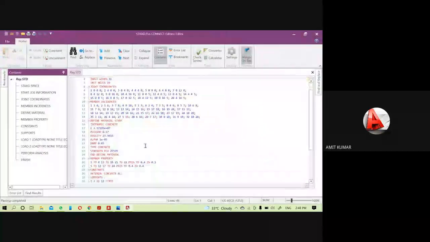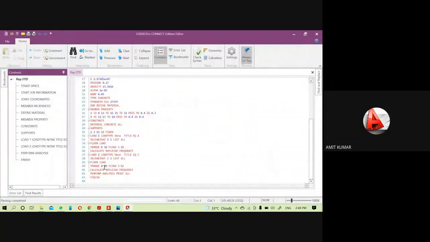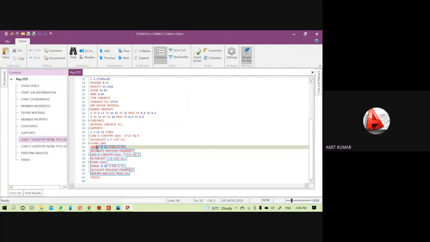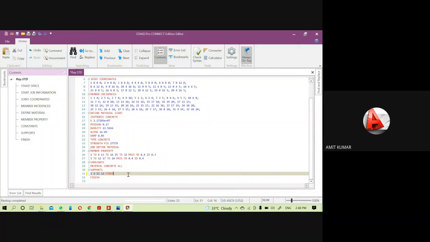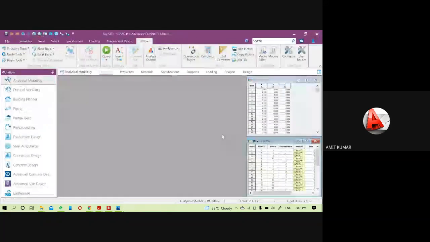I will change the load case details and output from here. So let me change it. Just delete it up to the load case, because after the support we will define the load case again. So just delete it and save it. Now close it.